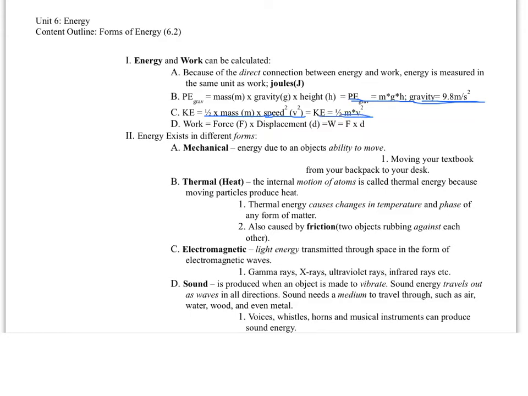Work can be calculated by measuring force times displacement. Each one of these equations comes from the definition for each one of those things: potential energy, kinetic energy, and work. Both work and energy are measured in joules. There's a direct relationship between them, and you can't have one without the other. And that brings us to what we call the work-energy theorem, where we can say that whatever work is done is equal to the potential energy or the kinetic energy that